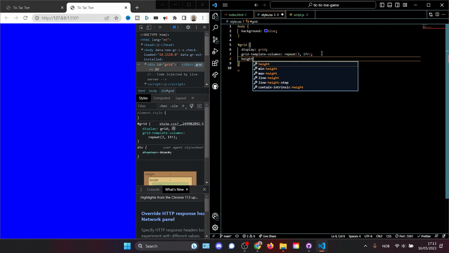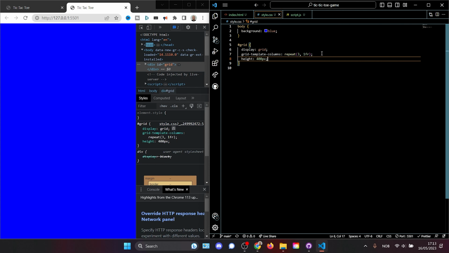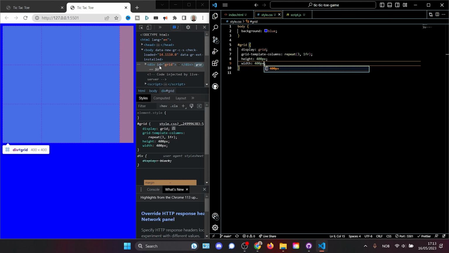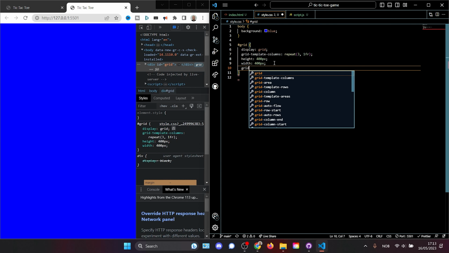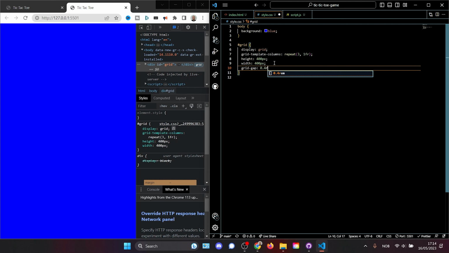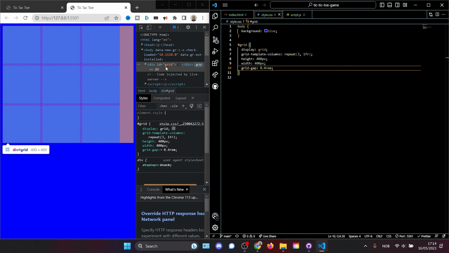Let's give it a height of 400 pixels and a width of 400 pixels. And now when we hover over the div, we see that our grid has been created. So we have a 3 by 3 grid, each taking 1 fraction, which means, of the available space. Let's also give it a grid gap of 0.4 rem, and that's going to create, as we see here, the purple-ish gaps between each square in the